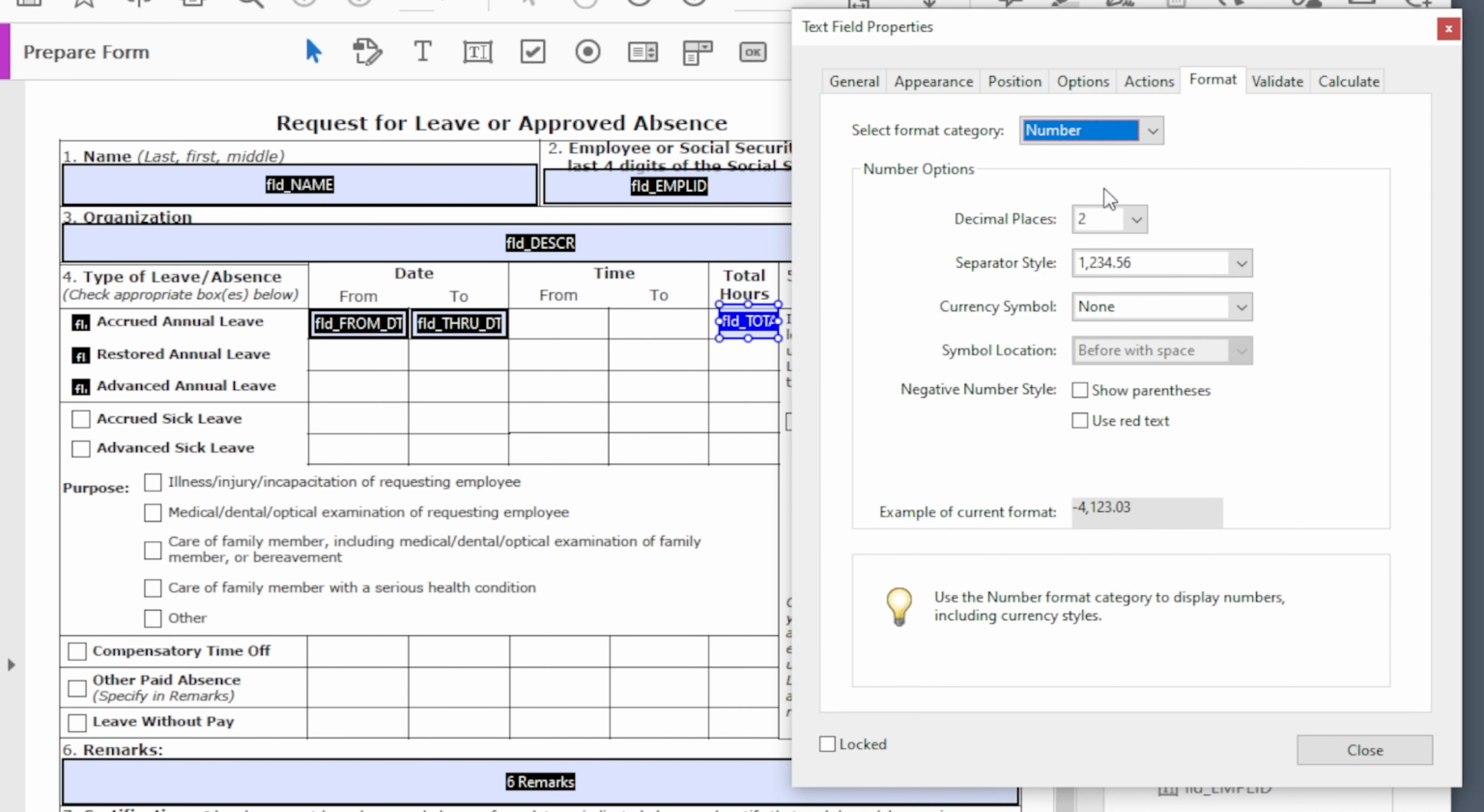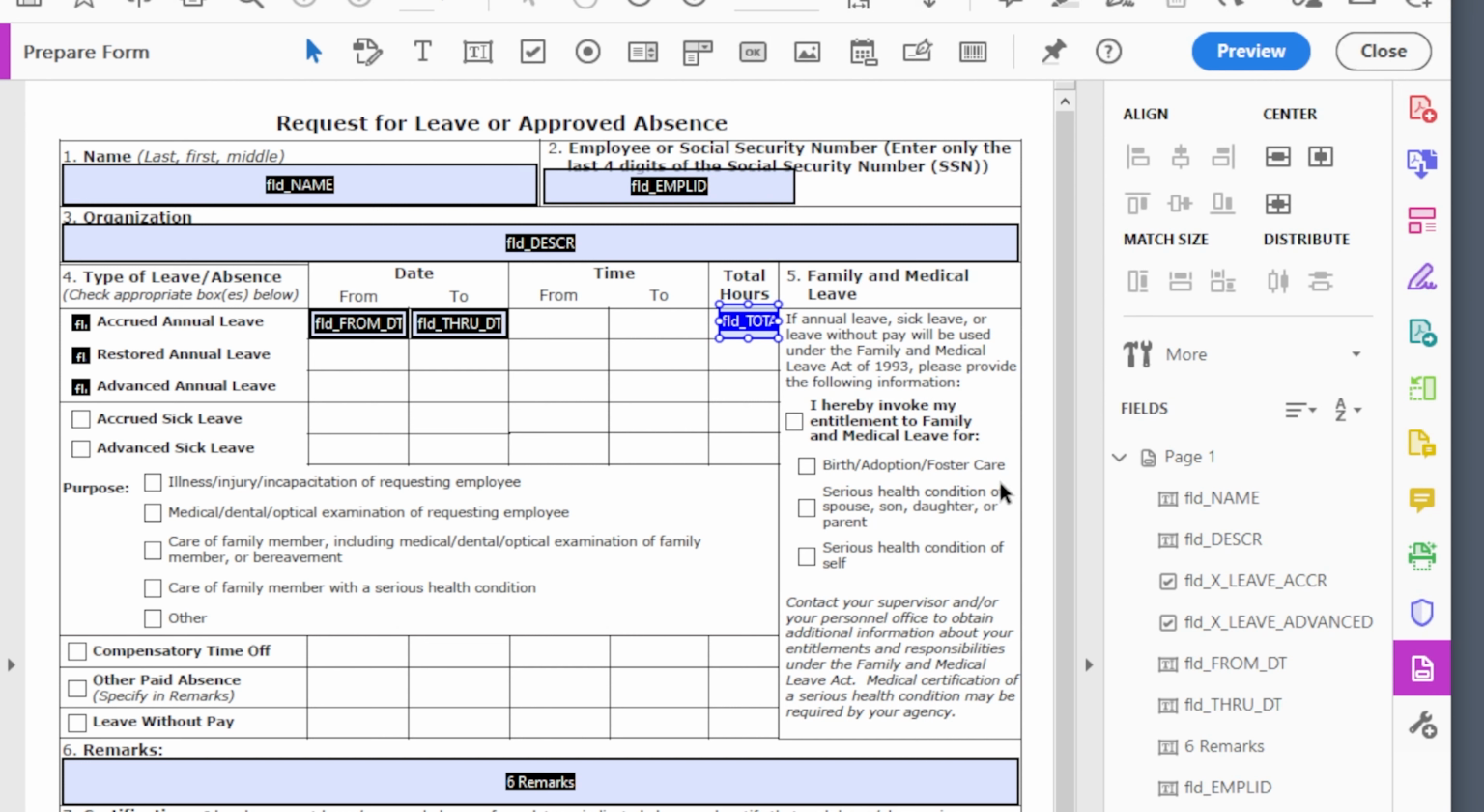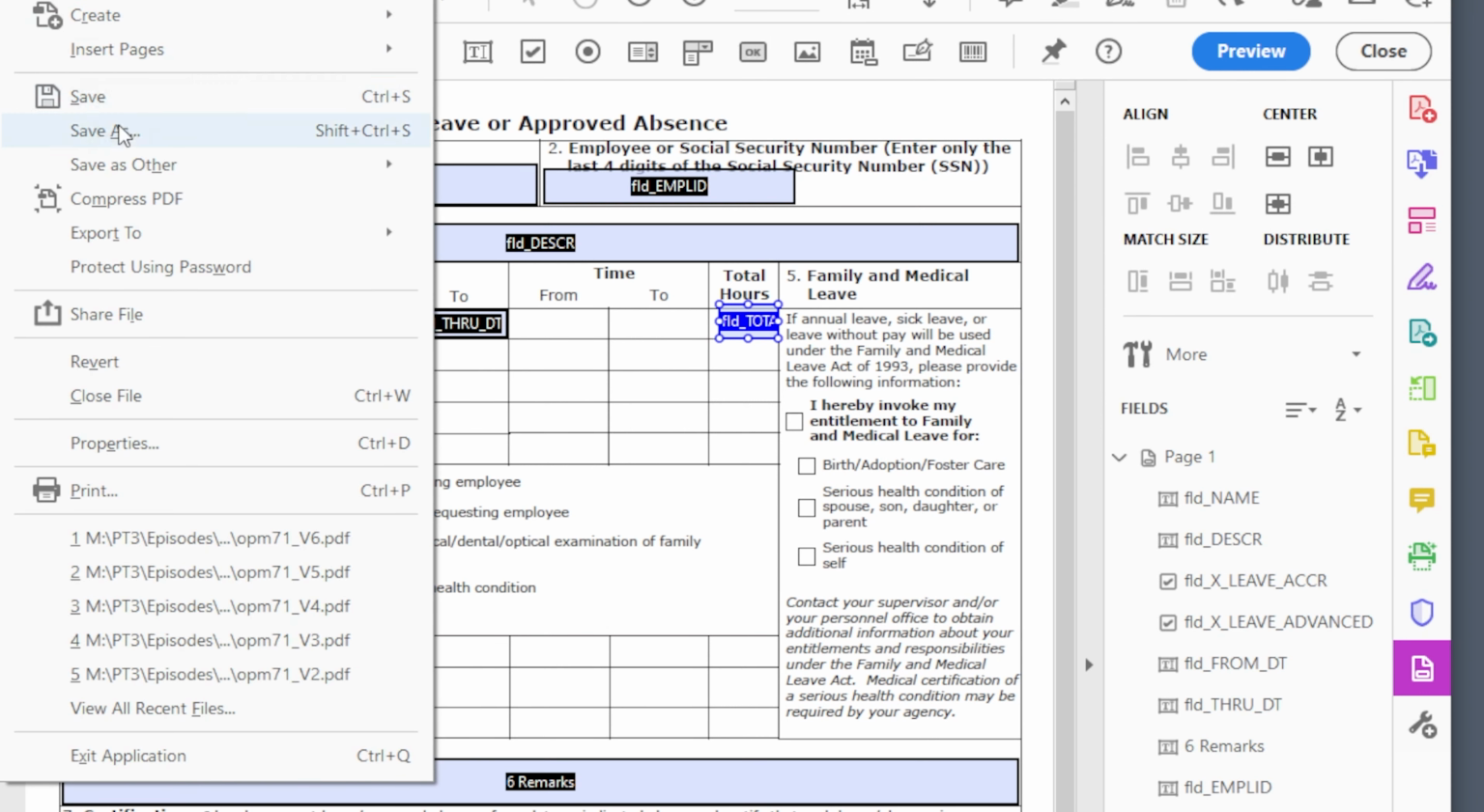That opens a new section in the middle of the page so we can format the number display. We only want 1 decimal place. We want the separators and no currency symbol. We see an example of how the number will look at the bottom. Close the dialog box, save this as version 7,